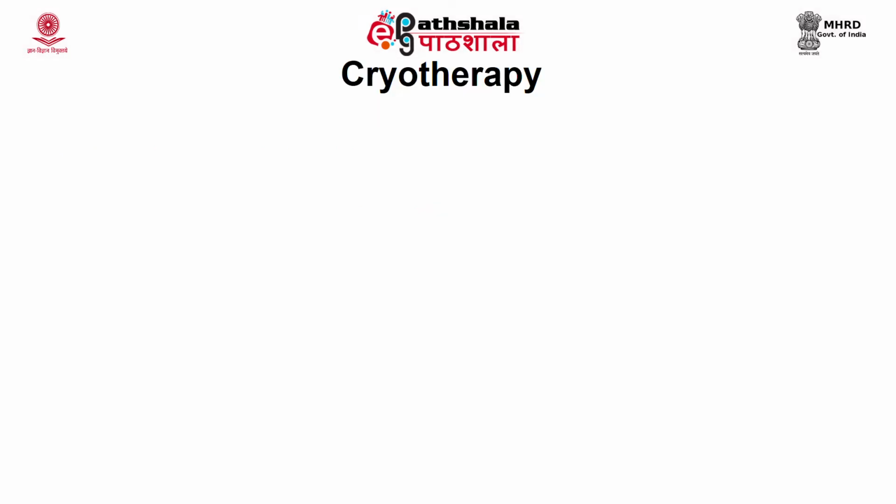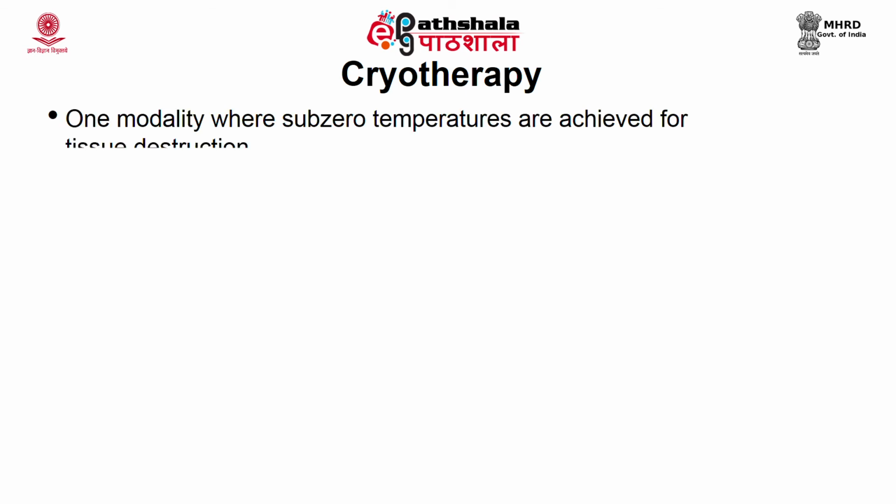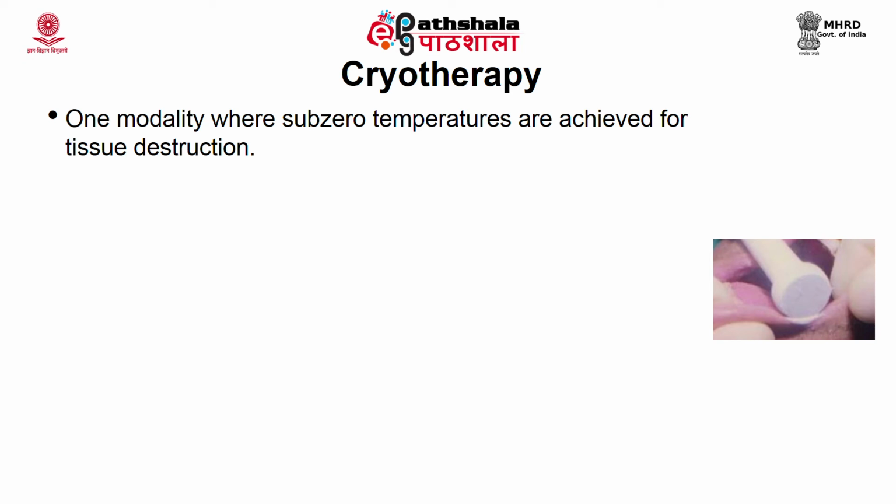Now the second part is cryotherapy. This has to be mentioned because this is probably the only energy source based device that we are discussing in today's module where the temperature is lowered rather than raised. In this, a probe is used on the lesion, for example a mucosal lesion as shown in the figure, or it is even used sometimes in hepatocellular carcinomas in the liver, where the probe is placed into the liver. That is known as interstitial cryotherapy.